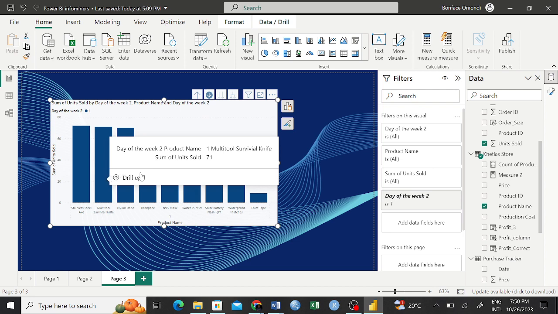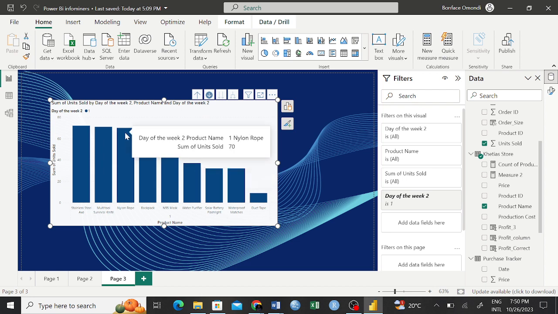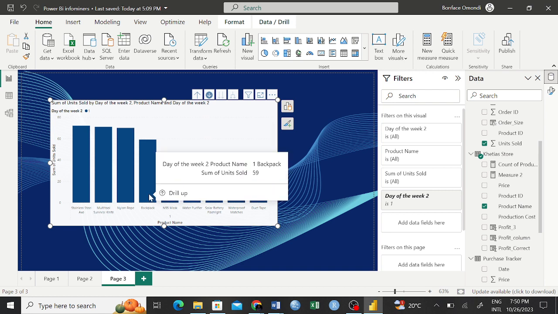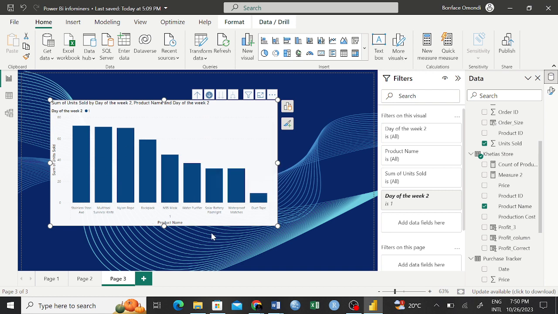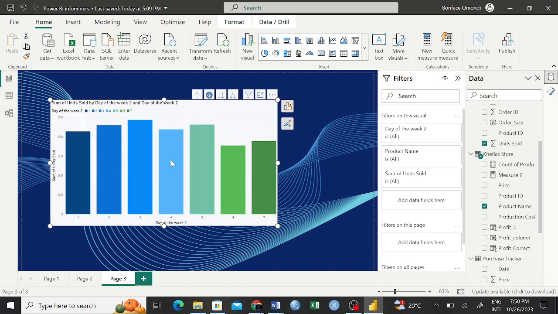You can see that. That is more information has been underlaid, right? Nylon rope, some of units sold were 70. And such like stuff. Backpack, we sold 59. That is for day number one. So I can just click on this to drill up, go back to our highest level of hierarchy,